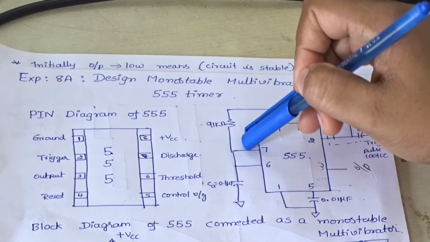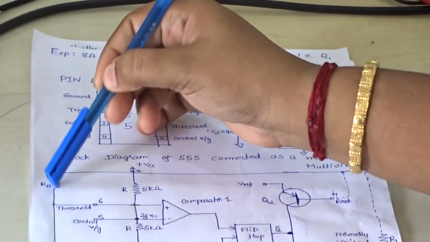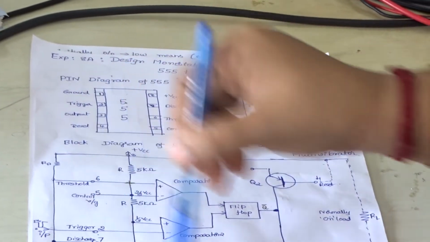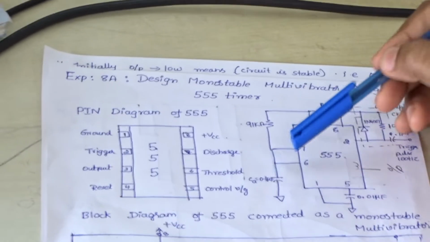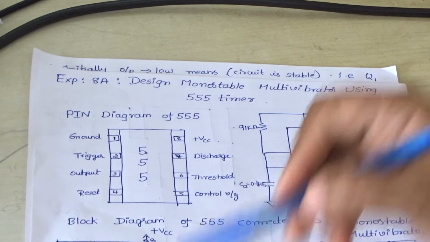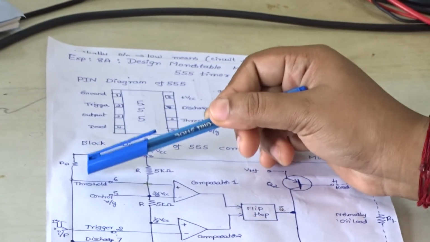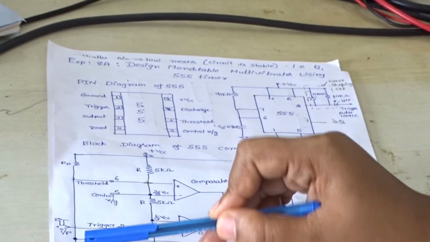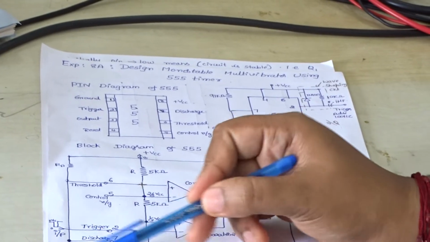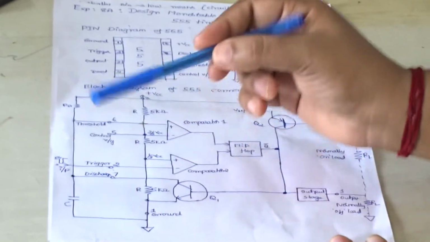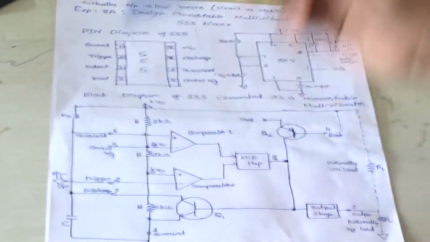and the 7th pin, we are making use of this resistor RA, an external resistor apart from this 555 timer. And then one capacitor is used at the 6th terminal. I mean, 7 and 6 are shorted, and to that pin a capacitor is connected and then it is grounded. So this capacitor charges and discharges.